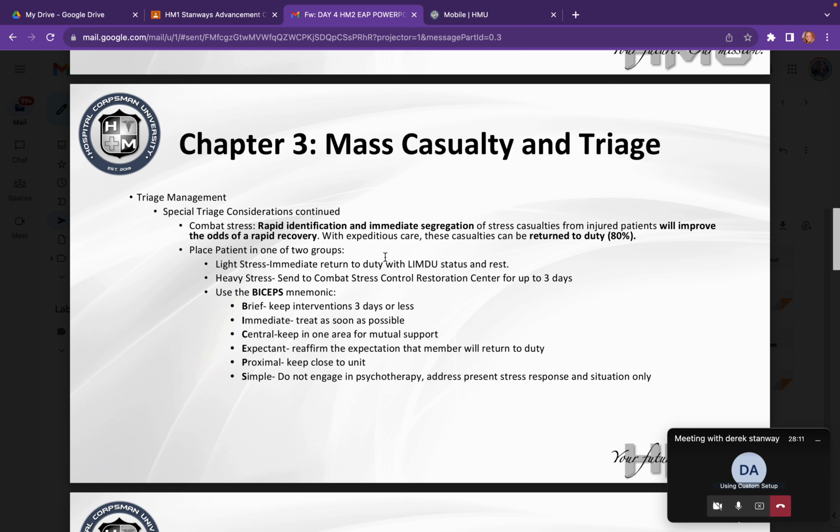So for your expectant patients, right, if you're seeing dead bodies or close to dead bodies, people dying, right, what was going to happen to your own body? Your blood pressure is going to go up. Your heart's going to start racing faster. So somebody that was maybe stable in that situation in that non-emergent category is now going to fall unstable and now push them into that emergent category. So that's where that segregation increases the recovery and reduces stress levels to get to that 80%.